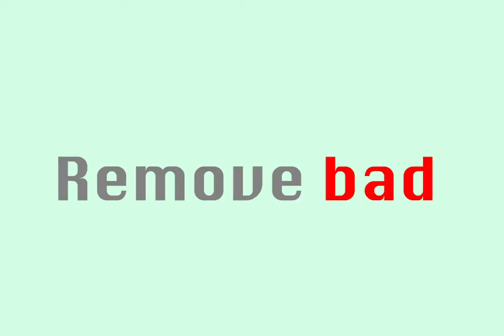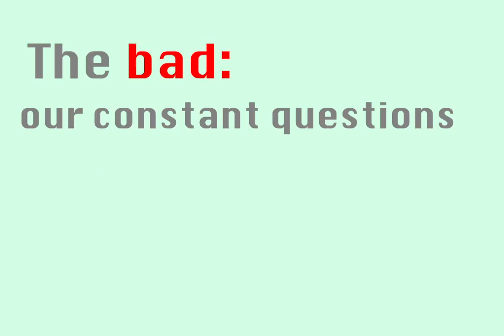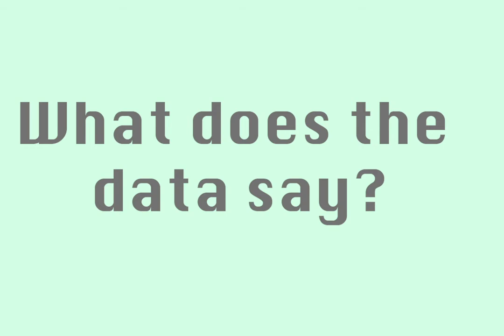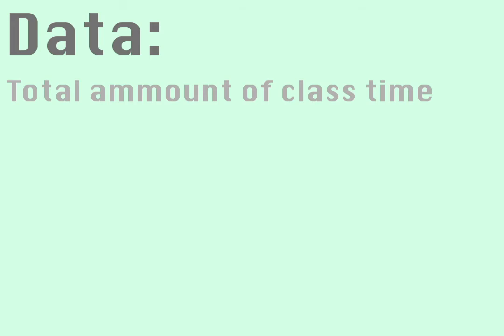The type of operant conditioning we used was negative reinforcement. Our negative stimulus was us constantly asking questions. When the professor lectured more, we took away those questions so that she would be more inclined to lecture more instead of presenting. In the data collection portion of our experiment, I recorded the total amount of class time in